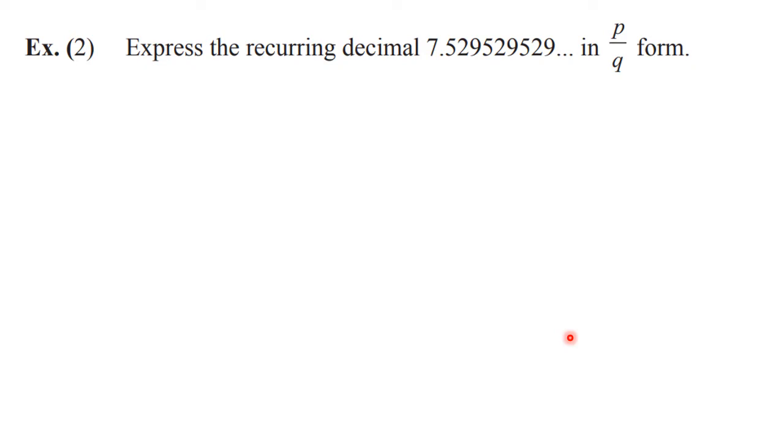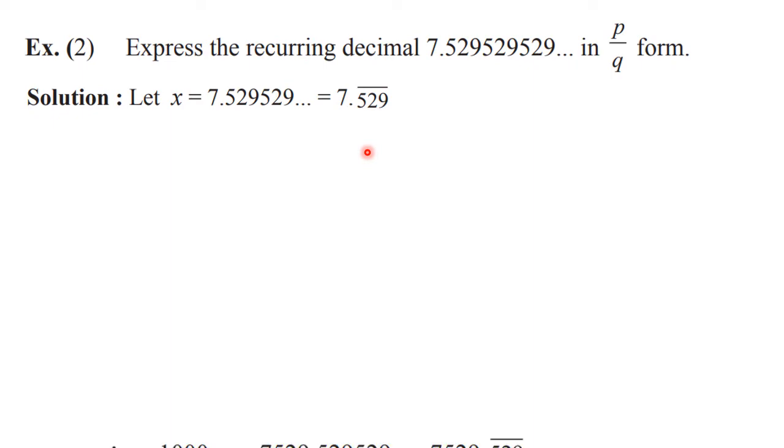Okay. So the very first step, we have to consider this given recurring decimal as x. Okay. So write down, let x is equal to 7.529529 and so on, which we can write as 7.529 recurring. Correct? These 3 digits are recurring. So the bar is appearing on these 3 digits. Then as I have said, we have decided by what to multiply here. So that factor is 1000. Why? Because we have here 3 digits. So let us multiply both the sides by 1000.